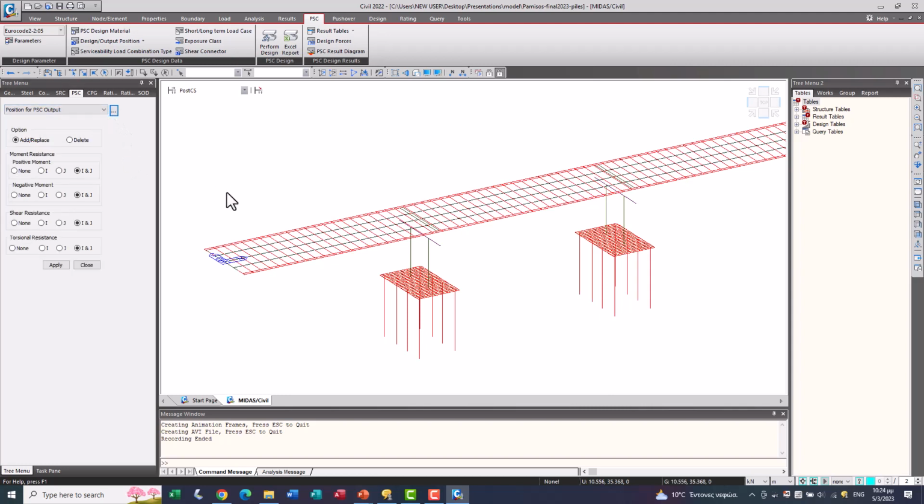And also here I have chosen in which beams I want the output to be in the format of my report.